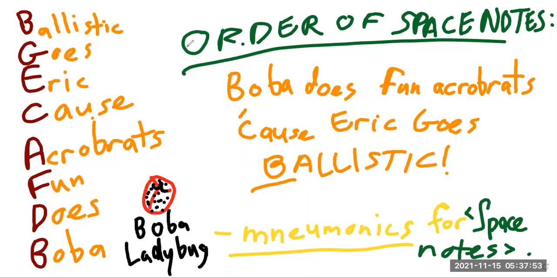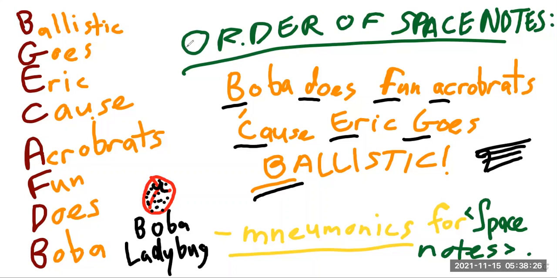So, with that said, here again is the order of space notes: B, D, F, A, C, E, G, B. So, hopefully you remember this. Boba does fun acrobats because Eric goes ballistic. So, hopefully this helps you remember your notes for the space. So yeah, hopefully this will help you, and I wish